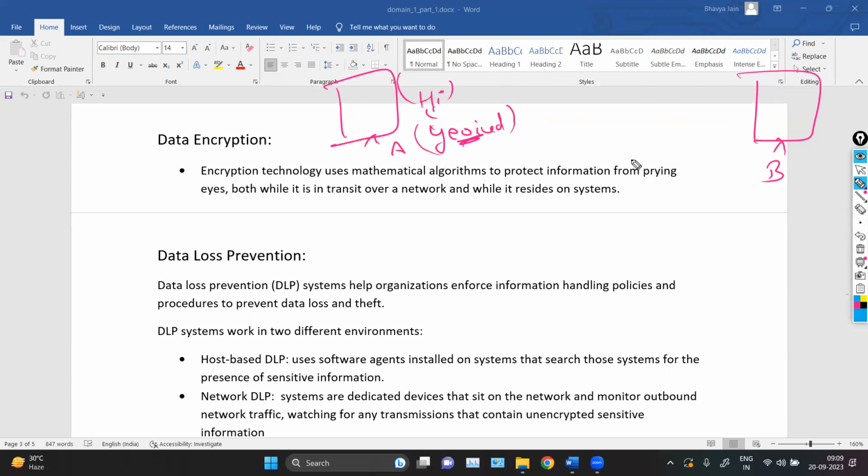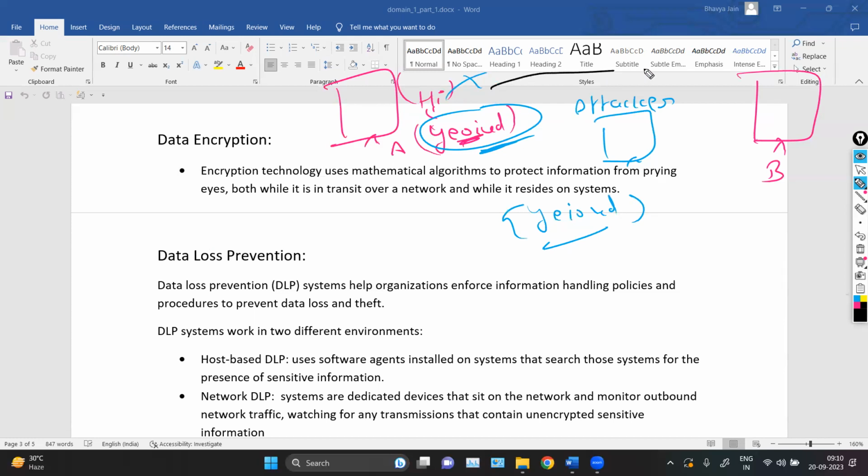And let's say there's an attacker sitting in the middle. Now let's say the attacker is able to check what you are sharing. The attacker will get the ciphertext, not the plain data. The attacker will not be able to understand it, as it is just random characters. So it will not harm you and your receiver, because now your data is encrypted, and no one can read it except the intended user.